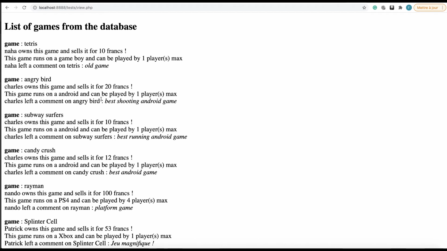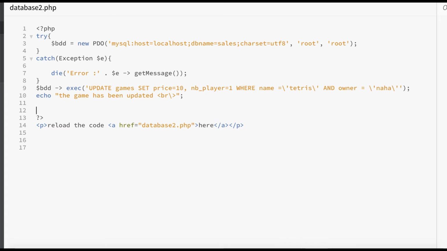Now let's say we want to delete the second game, that is Angry Bird owned by Charles. We still have to make the SQL request, BDD, ask for execution.